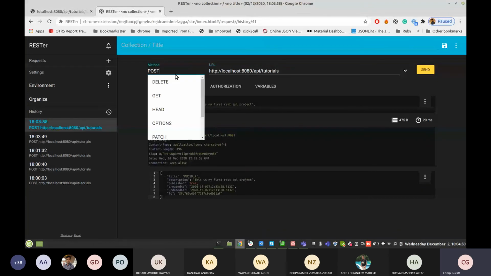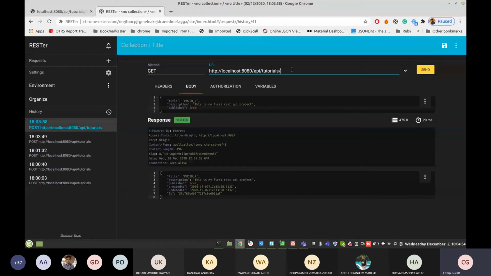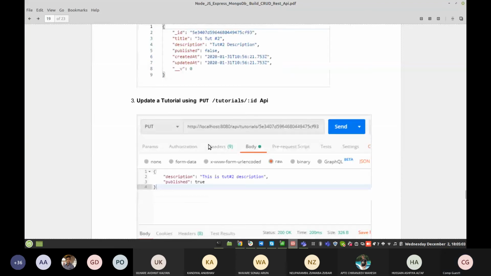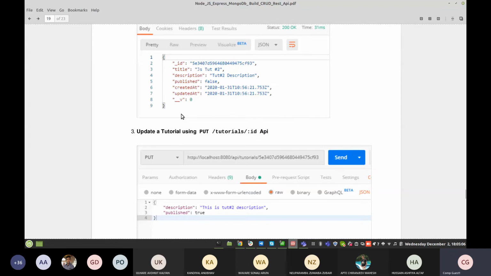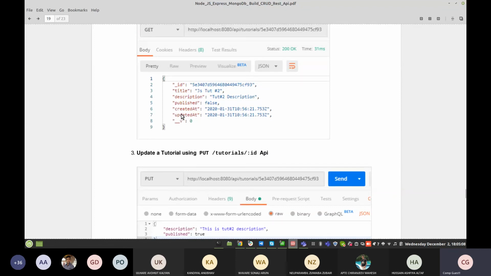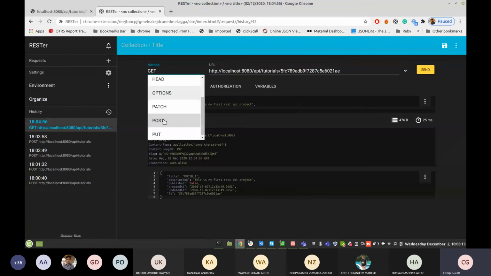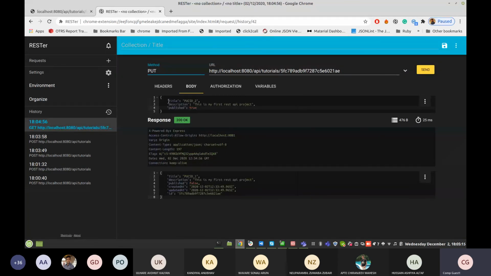Otherwise you can use get and mention slash ID, so you get only that selected record. You can also update a particular record using put. We need to update the description part, so we just pass publish true.